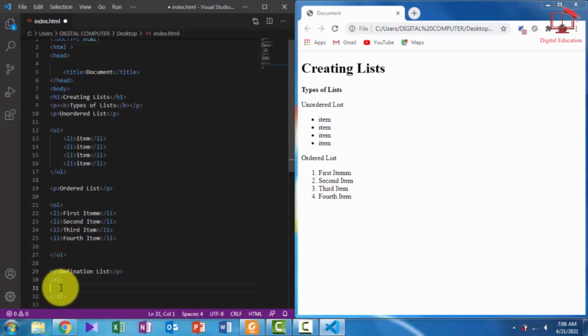Then here we have content. First we will define DT, the opening tag, DT closing tag, and here we have content. The content is about the coffee. This is our first tag. Then the next tag is about the